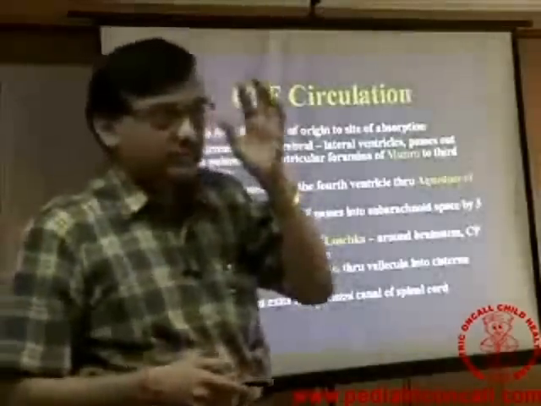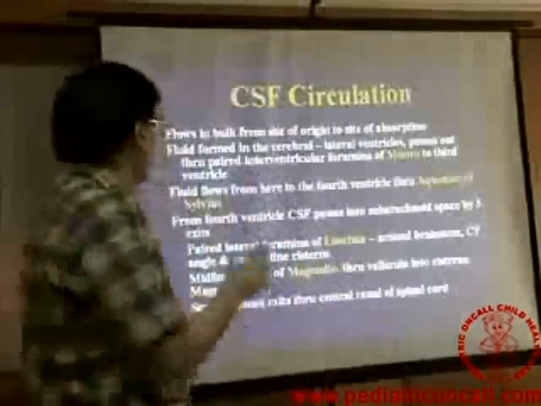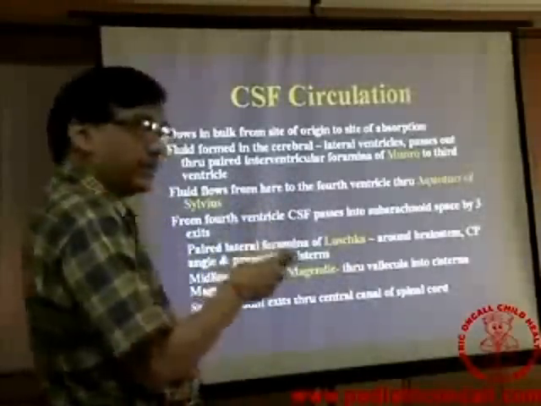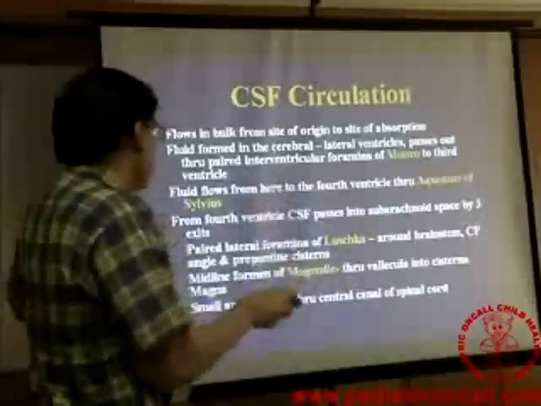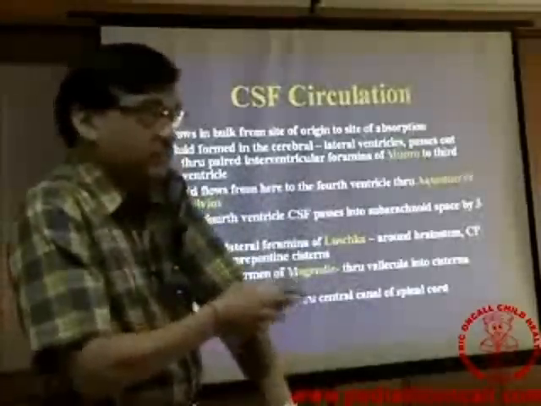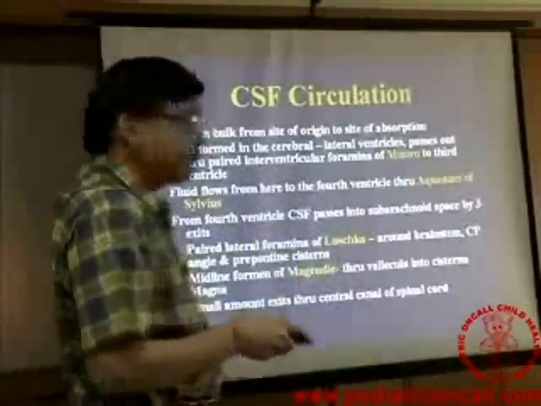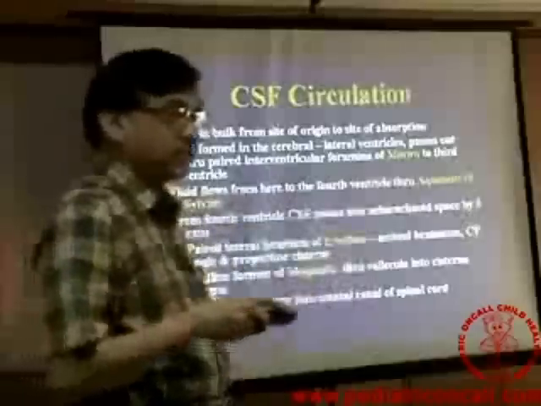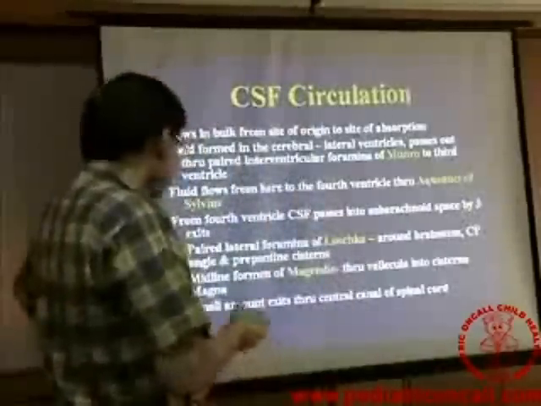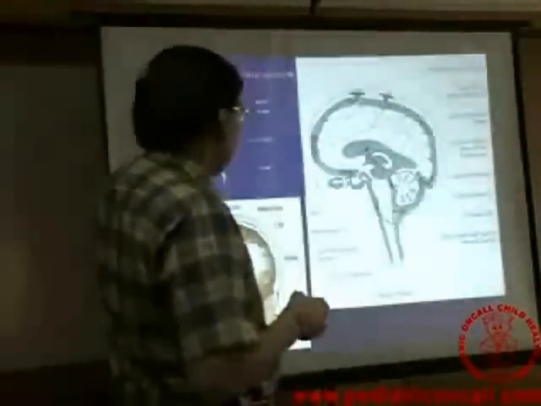The circulation, if you must know, just in short, is from the lateral ventricles, through the interventricular foramen of Monro to the third ventricle, from there through the aqueduct of Sylvius, which is going to be important from the aqueductal stenosis point of view, into the fourth ventricle. From the fourth ventricle it has three outlets, the two lateral and the single median, or downwards. I am not going to go into that, but just to show you the anatomy, that's how it flows.